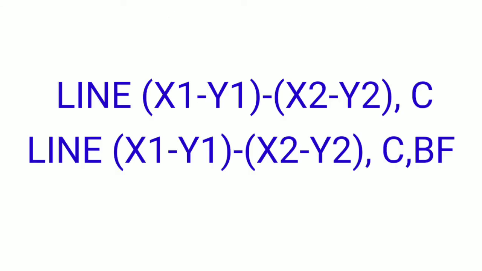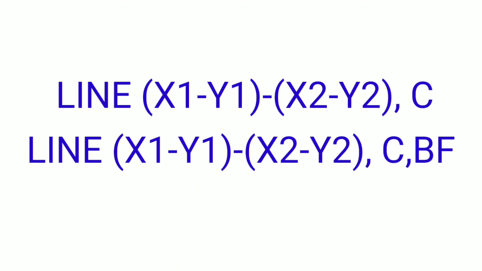And next, the line statement. The line statement is used to draw a line from one pixel position to another. The syntax of the line statement is LINE (x1, y1) - (x2, y2), c. Here c is the color code of the line. As you know, a line has 2 points: the starting point with x1 value and y1 value, and the ending point with x2 value and y2 value. This is the syntax.